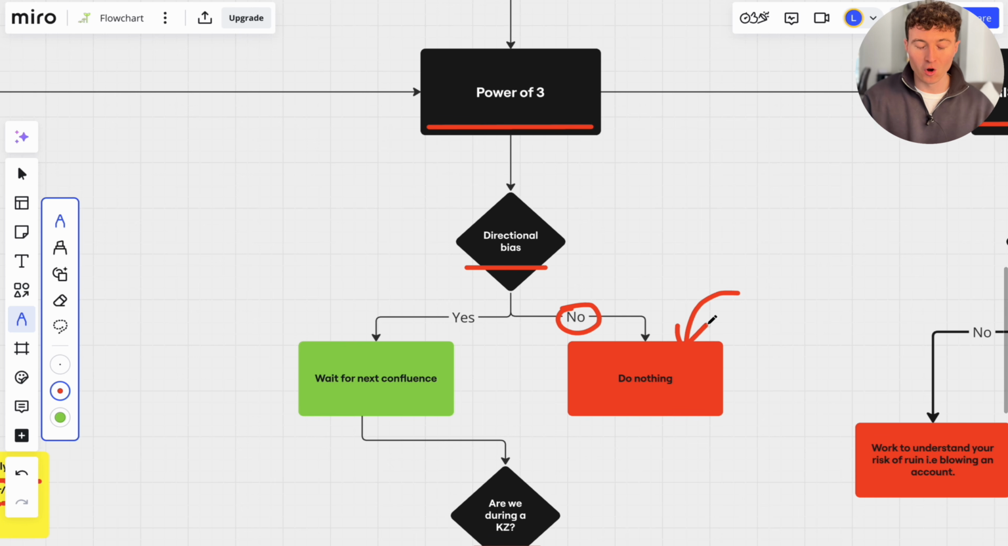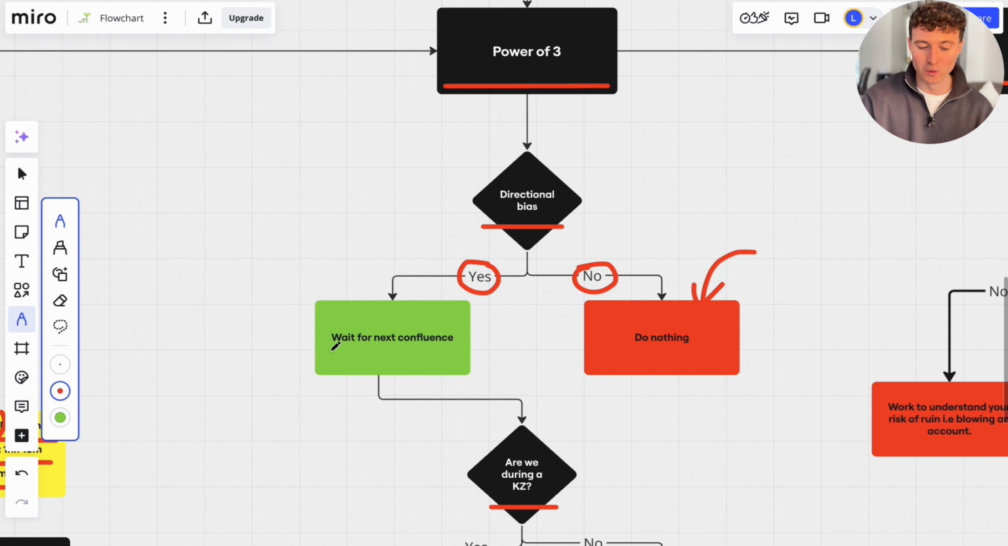So let's say that the market is just simply consolidating, and let's say that you trade a trend following system. Then if the market is showing a directional bias, that indicates trending conditions. And if and only if that is occurring, then we can look for a potential trade. So if the answer is yes and we have a clear directional bias, then we have to wait for the next confluence. However, at least we can start going down the process and we can tick off these